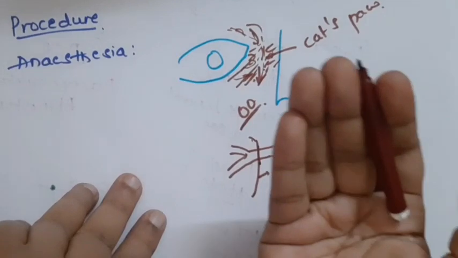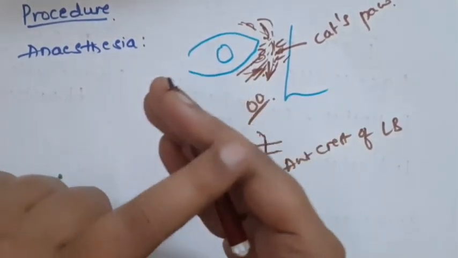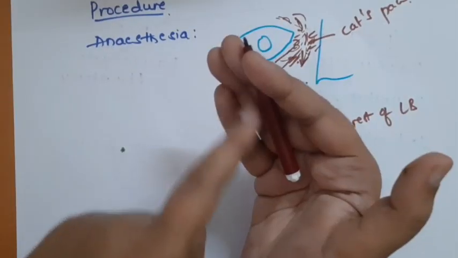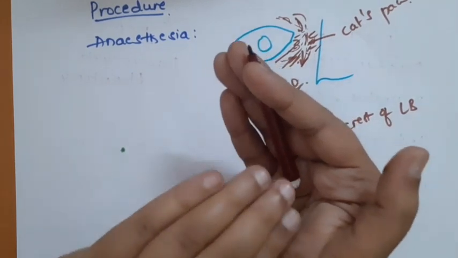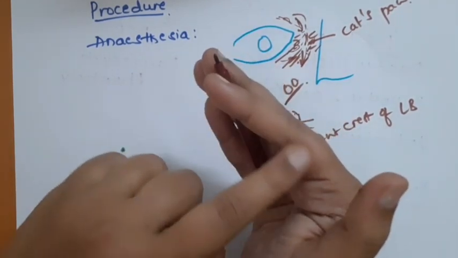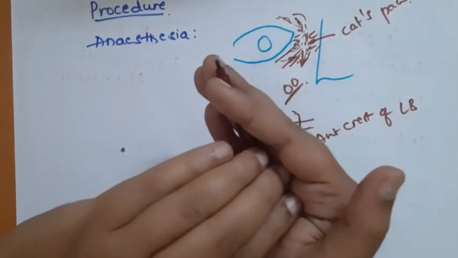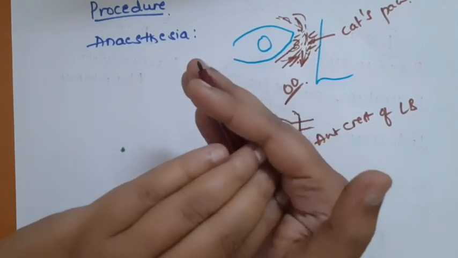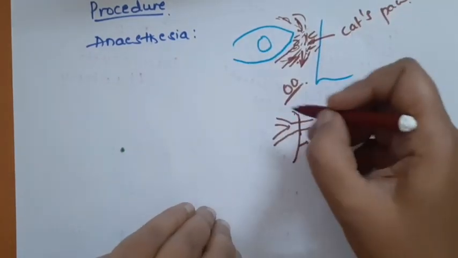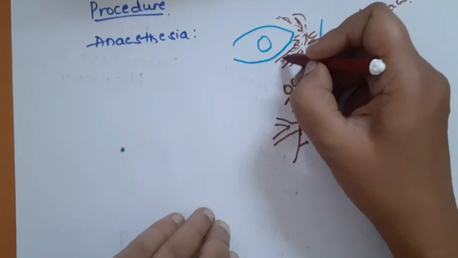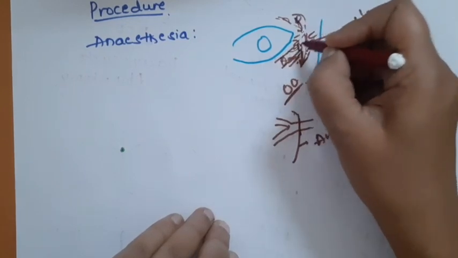So it is a hollow fossa-like thing. It has an anterior crest, a posterior crest, and the fossa for the lacrimal sac. Here the lacrimal sac is sitting. Once you identify the anterior lacrimal crest, you will see the lacrimal sac there. Then you gently separate the lacrimal sac and disinsert it from the canalicular attachment.